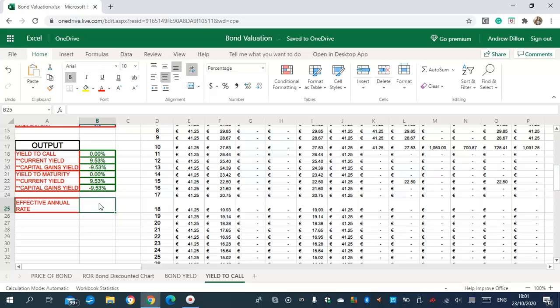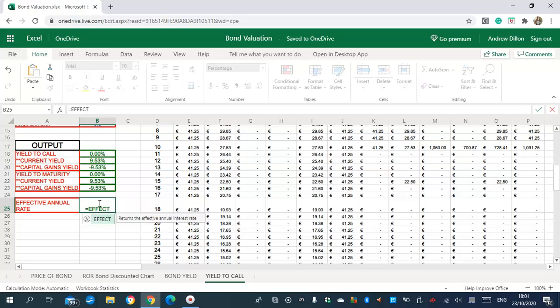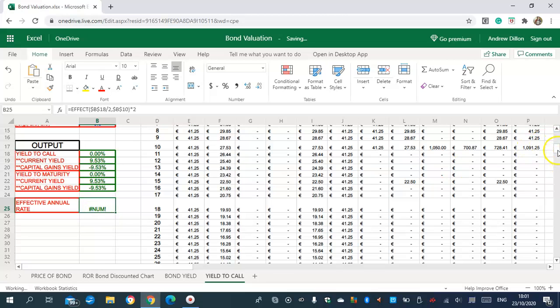And effective annual rate equals effect. Okay,